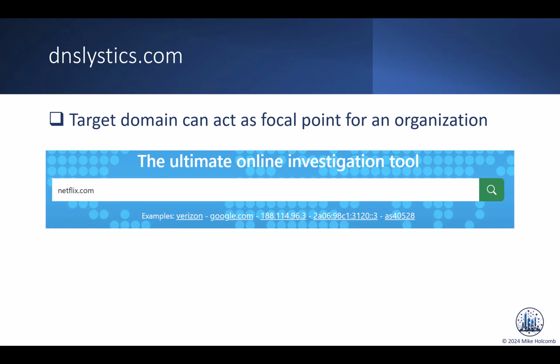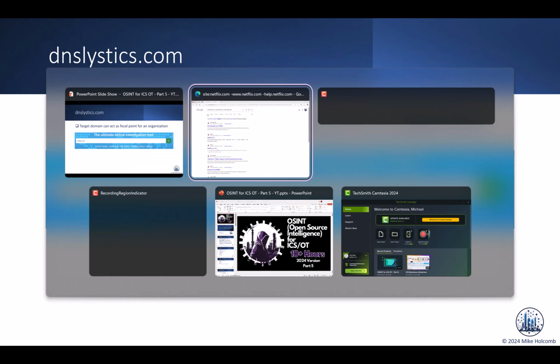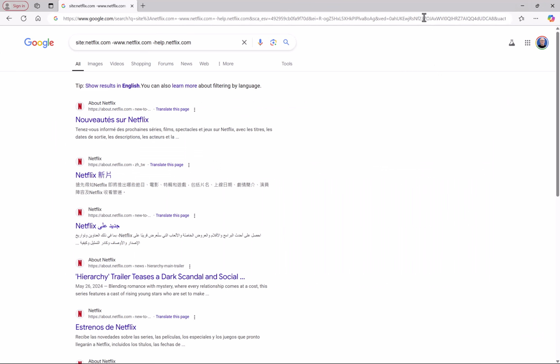And everybody has their different site that they like to go to or they prefer to do research on an IP address, especially when doing not only OSINT, but maybe a lot of incident detection or incident response work, or just OSINT in general, right? You need to find out information about a particular IP address or a domain name. For me, DNSlytics is great, and you get a lot of searches for free. There's also a low-cost option that you can use if you run a ton of searches in a single day. So there's that option. But let's go back to the browser, and we can go ahead and flip over to